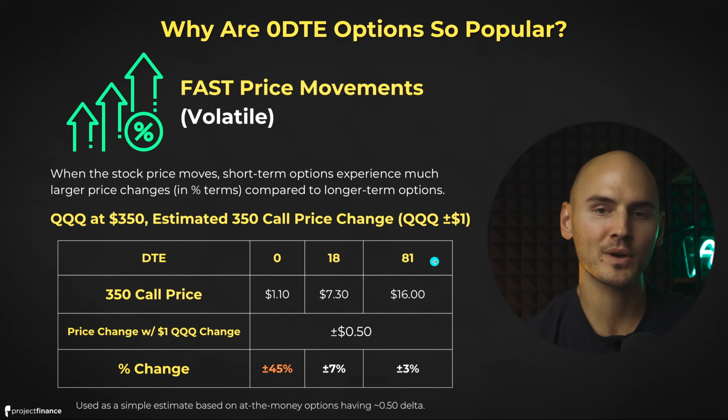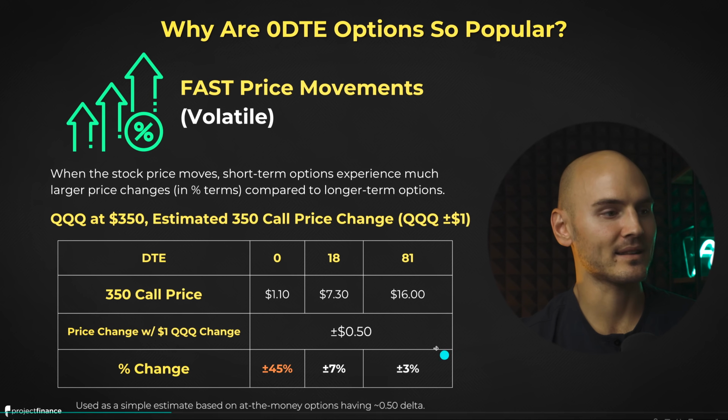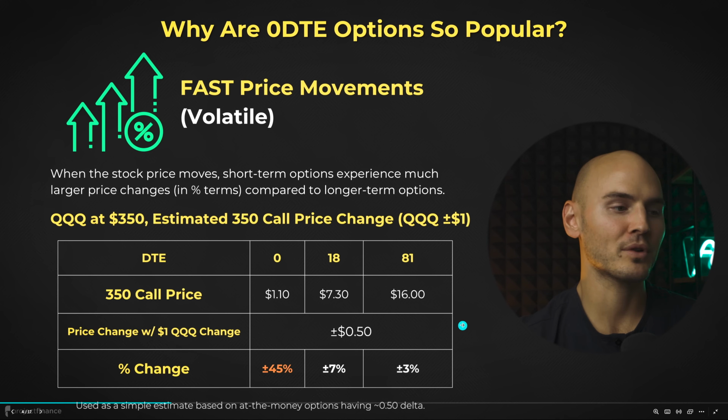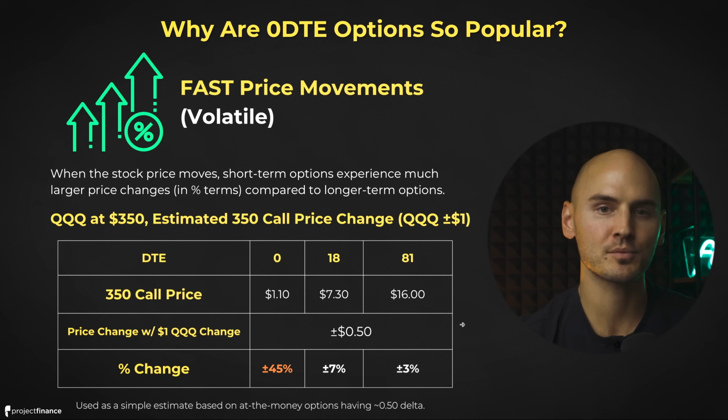And if we go to the 81-day cycle, we see that this 50-cent change is a plus or minus 3% change in the options price. So these zero DTE options are extremely sensitive to changes in the stock price, and that is why they can see such explosive price movements,